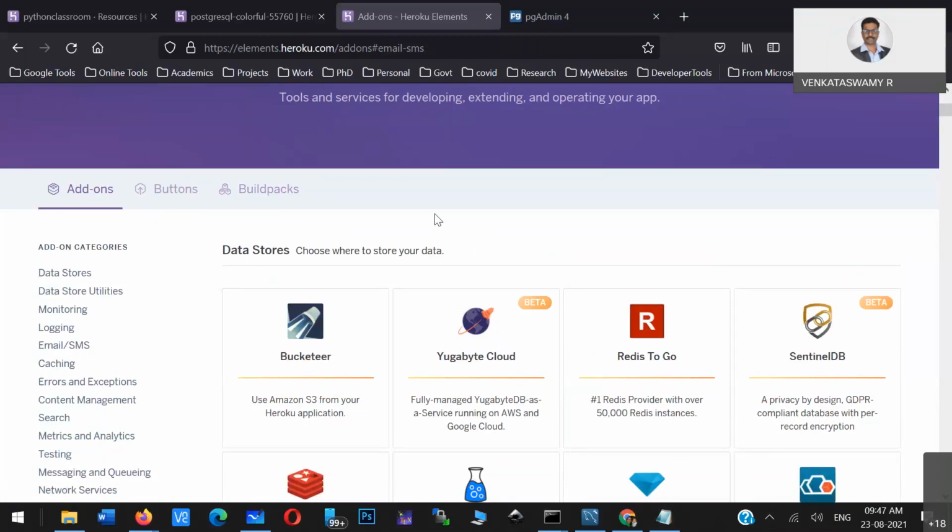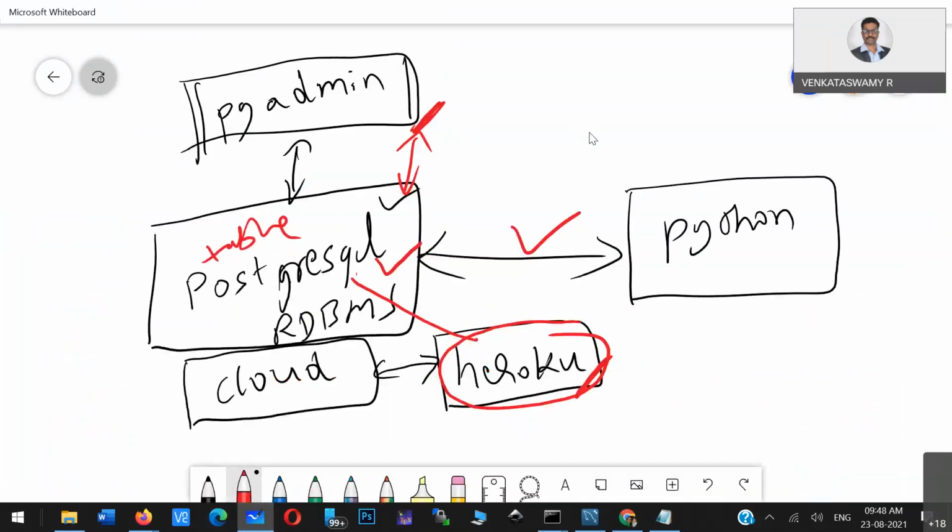And a lot of people have developed their applications and websites and kept them in Heroku. That is what developers normally do, so you can also learn this. Next class I will show you how you can deploy your application to Heroku. So today: PostgreSQL, try all these things: pgadmin, Postgres, Heroku. So many things are there for you to work on. So is that fine?